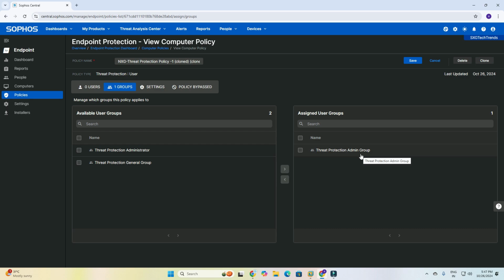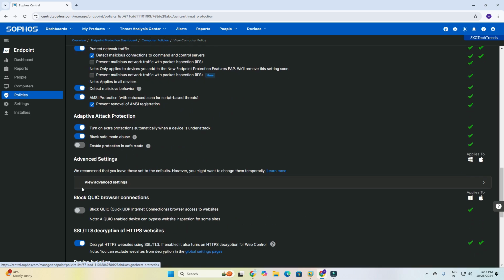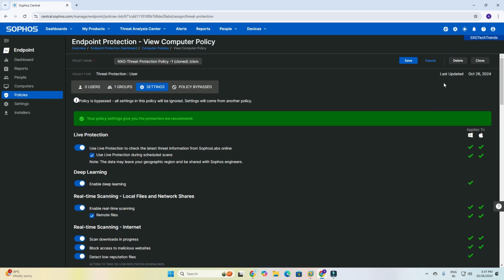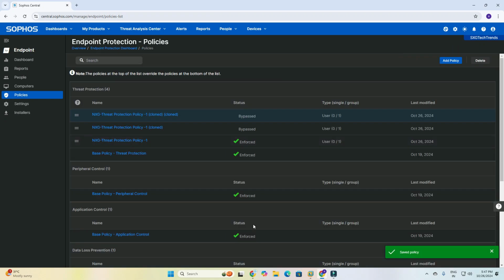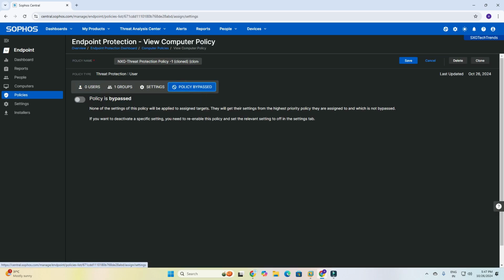If you want to disable the scanning policy on the admin group, then you can just go to settings, turn off the scanning policy and save. Now for all users in this group, scanning will be disabled. So like this you can create, and you can see this policy bypass.